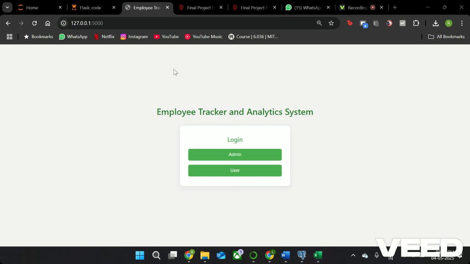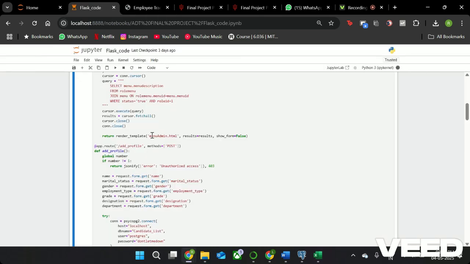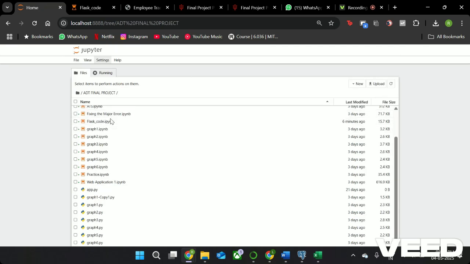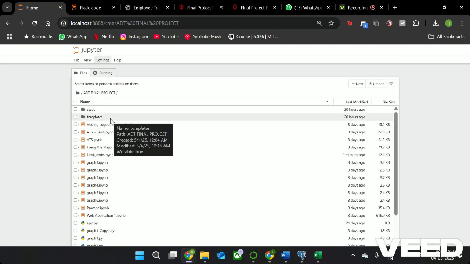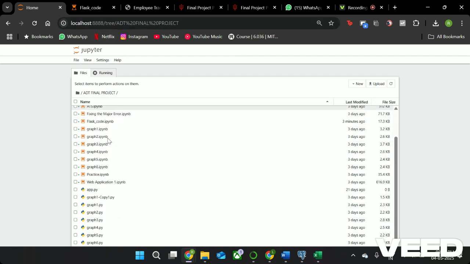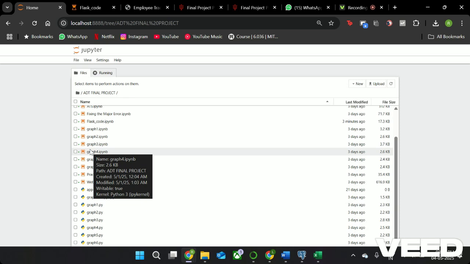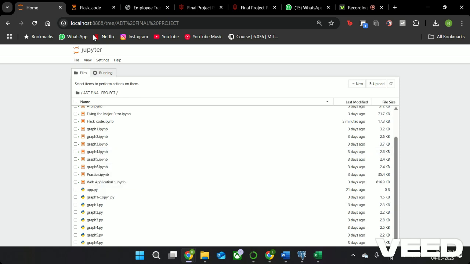Good morning, Professor. I'm Lokesh, and now I'm gonna explain how our code works. So basically, we have kept everything in a folder. We have used the Jupyter notebook to run it locally, and we have also used the Flask web application to run the code locally. So here is where our codes are placed, where the templates have all the HTML files, and these are the graphs where we have directly integrated it with the Google Charts.